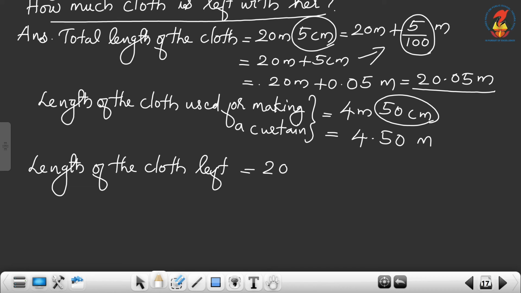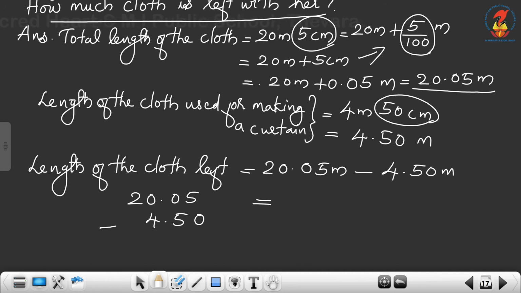So the total length of the cloth is 20.05 meters minus the length of the cloth used for making the curtain, that is 4.50 meters, equals 20.05 minus